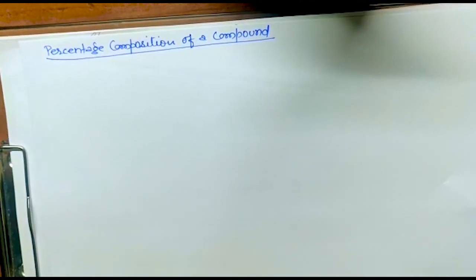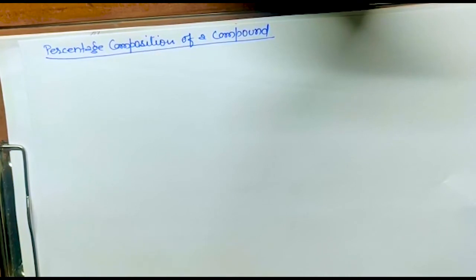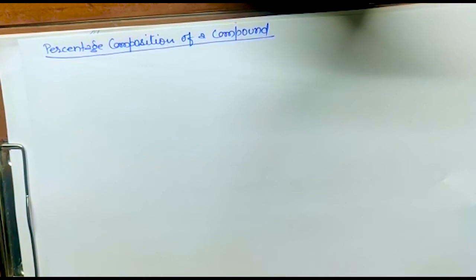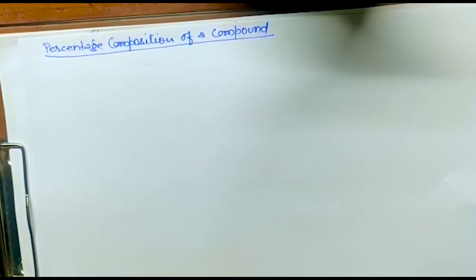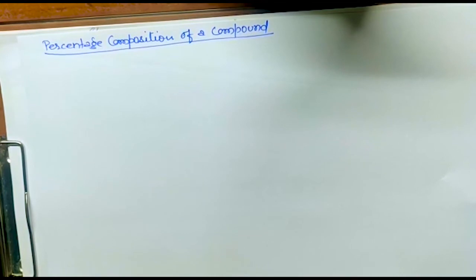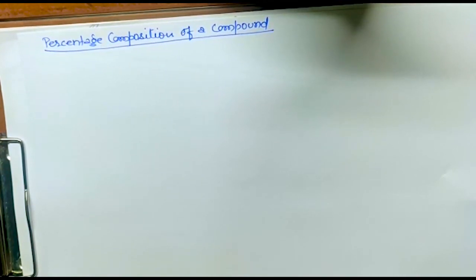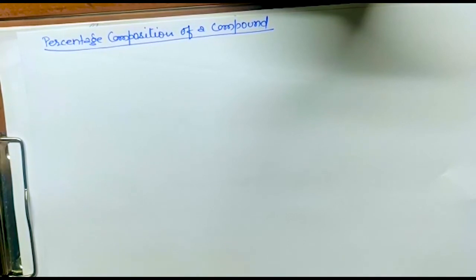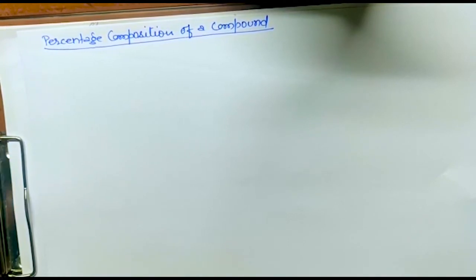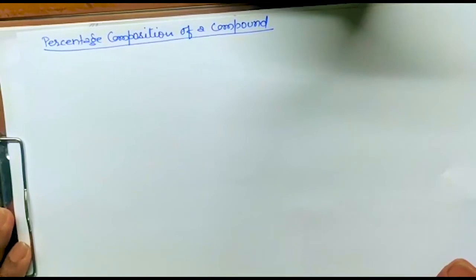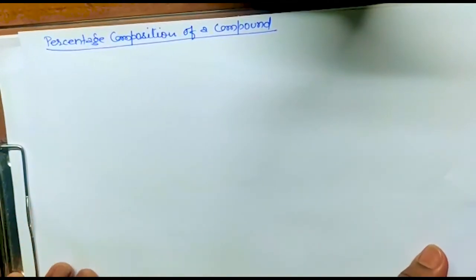So in that formula, what is the percentage of a particular element? If we talk about calcium sulfate, there is calcium, there is sulfur, there is oxygen. If I ask you the percentage of calcium in this compound, how will you find it? Weight of calcium upon total weight of that compound into 100, isn't it? This is the way to find the percentage. The same thing we will use here. So percentage composition of a compound says that,